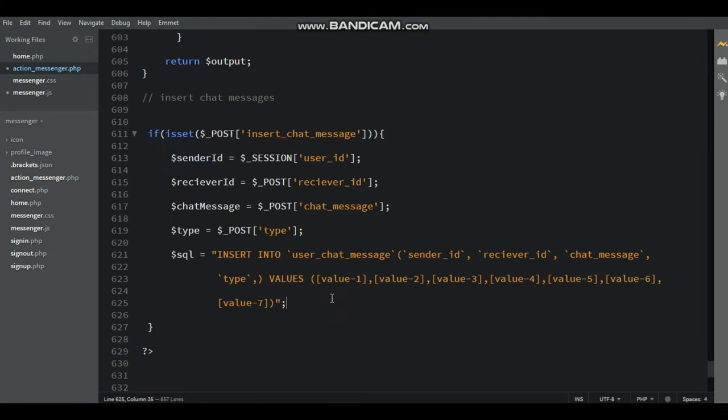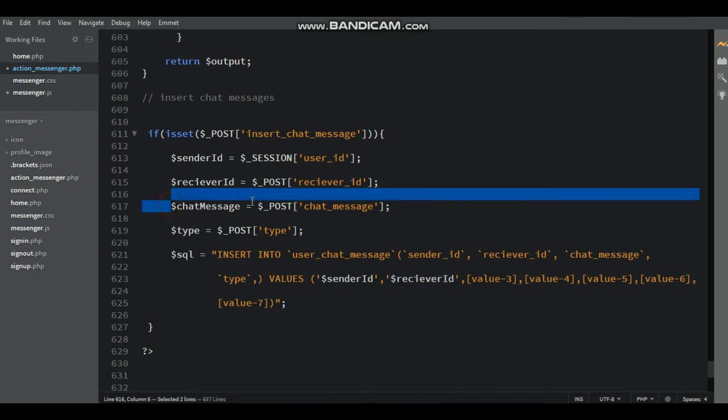Now here insert into user chat messages. Here exactly sender ID equal to $sender_ID and then receiver ID. These values, receiver ID, that is second parameter, and then third one chat messages and then value is $chat_messages.